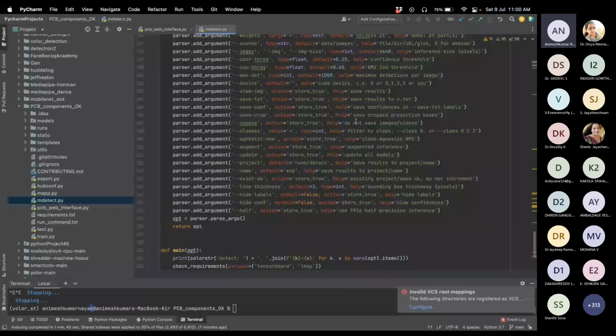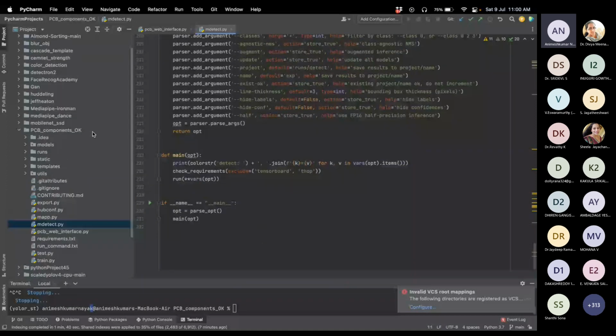So we have trained this model file. You can directly take it from the real author of YOLOv5, and you can try modifying it, and you can achieve this kind of project. So with this demonstration, if anyone has any queries,